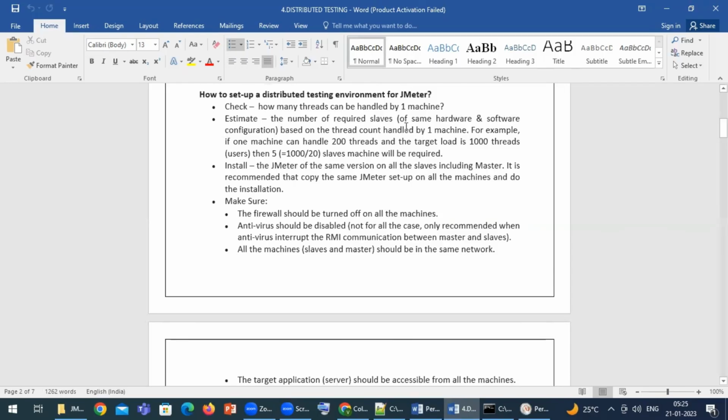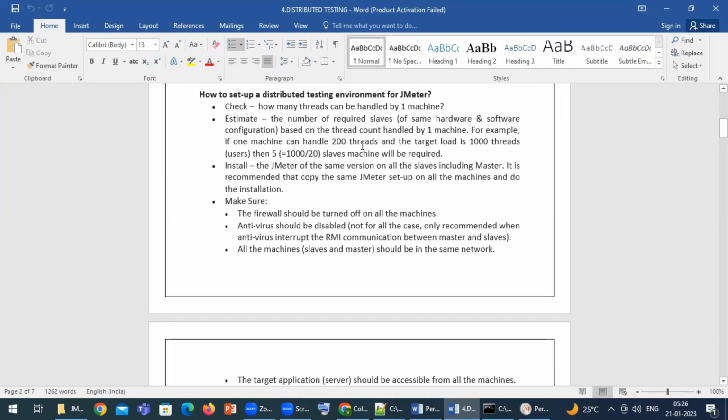How to set up the distribution testing environment? First of all, you have to check how many users one machine can handle, or else you can estimate that. For example, you can estimate 200 users for each machine.